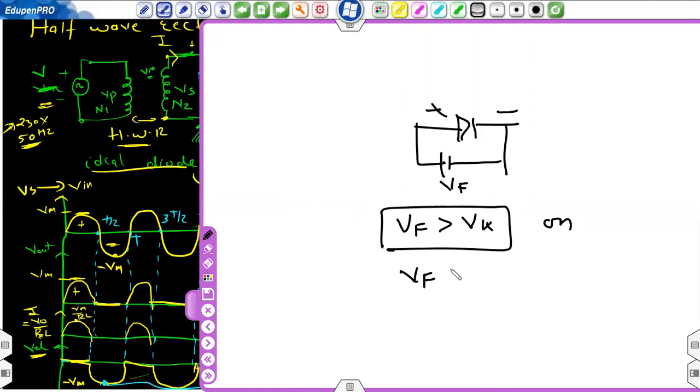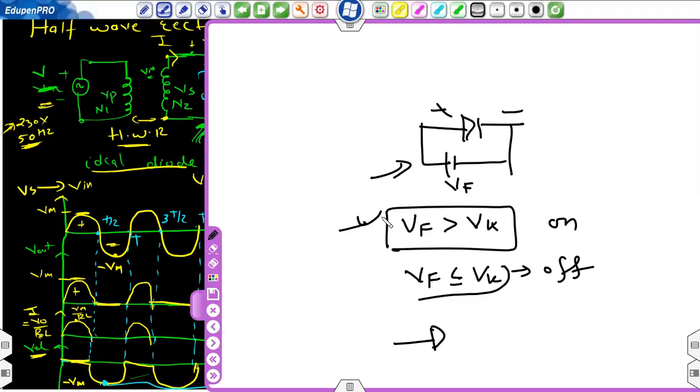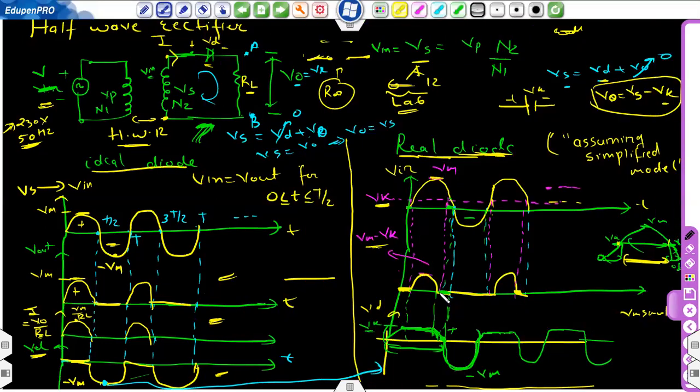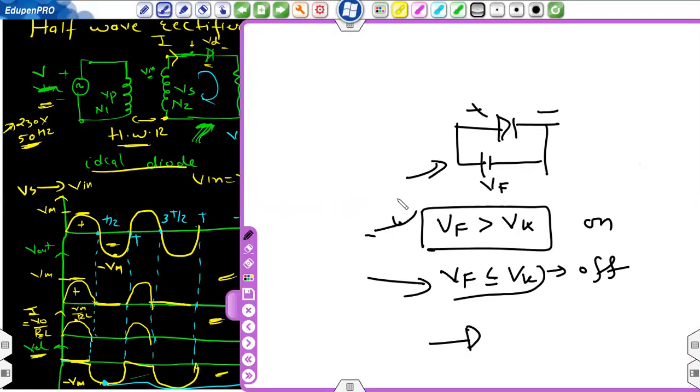If this is the condition, then diode is on, otherwise if VF is less than or equal to VK, your diode is off। तो भले ही ये फॉरवर्ड बायस में है, but diode is not on because this condition is not satisfied। तो ये वाला केस, VF is less than VK, ये जो मैंने यहाँ पे दो पोर्शन बनाए हैं। और फिर दूसरा तो प्योरली रिवर्स बायस में हो गया, इस तरह से माइनस प्लस।